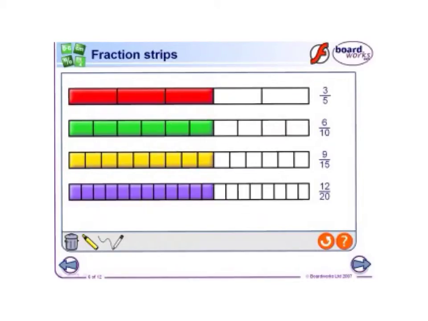All right, this is a picture that shows fraction strips. And fraction strips are long strips of paper that you can divide into different portions. This first picture, the strip has been divided into 1, 2, 3, 4, 5 equal portions. The second strip, the green strip, has been divided into 1, 2, 3, 4, 5, 6, 7, 8, 9, 10 equal portions. And you can see this represented by the fractions on the left-hand